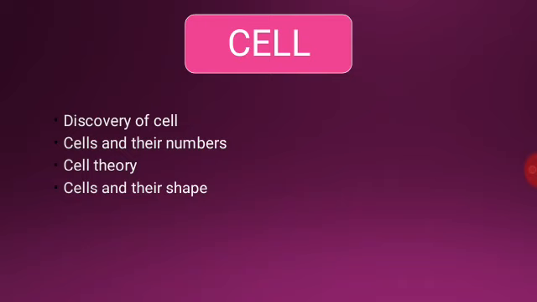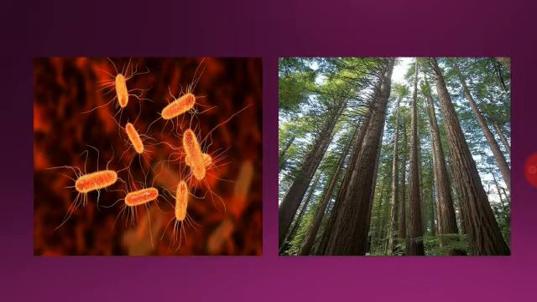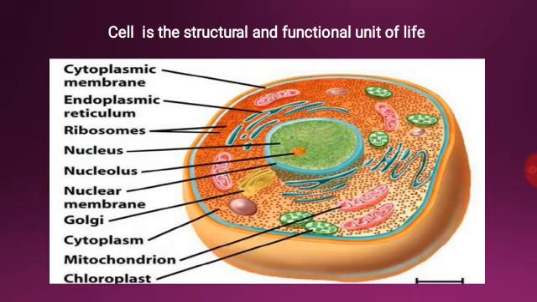We have learned that all living things on earth, from the tiniest creature like bacteria to the tallest tree, are made up of microscopic unit called cell. Whether it is a plant or an animal, cell is the basic structure they are composed of. So, cell is the basic structural and functional unit of life.